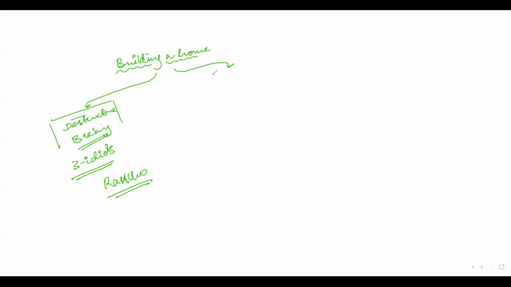The other way is that you go to a construction site and look at how the home is built layer by layer. First there is a foundation, then the pillars, then the lintels, and then the bricks come down, and after the masonry work is done, then you have the wiring, and at last the paints. So there are two ways of understanding anything. We will be learning in the constructive way. We will start with how the solid forms. We will not take a solid which is already formed; we will start with the very first principle.